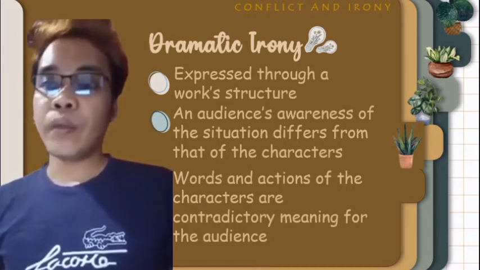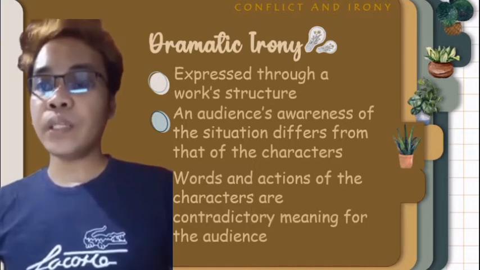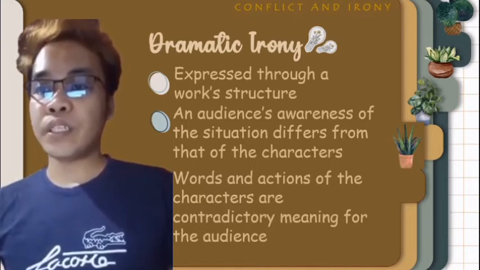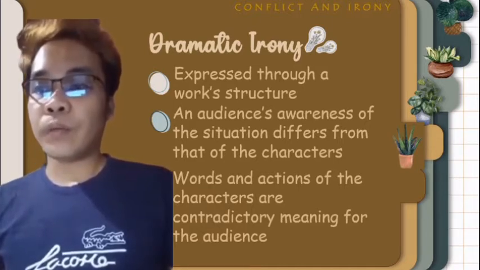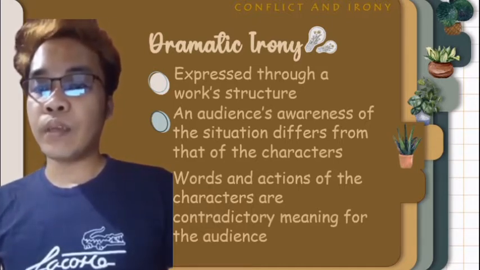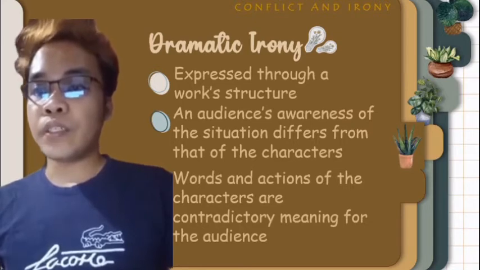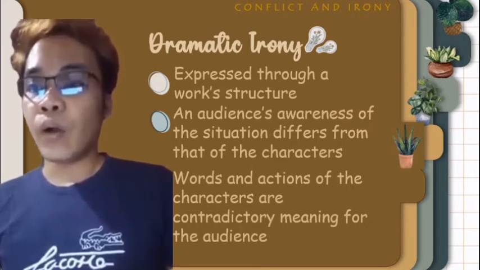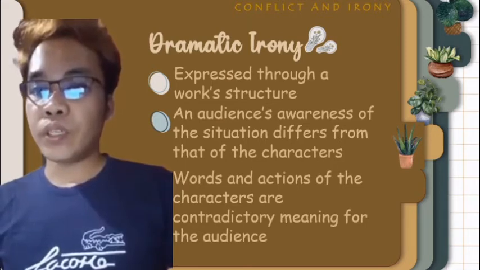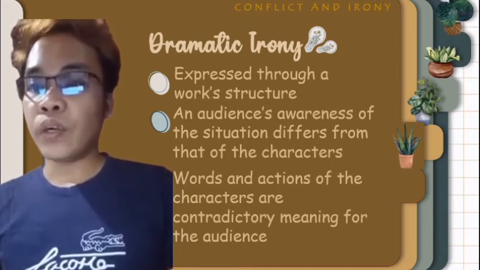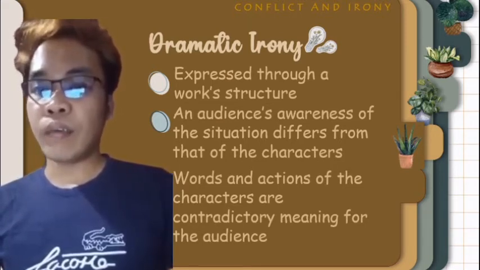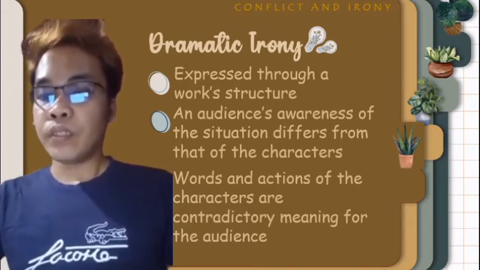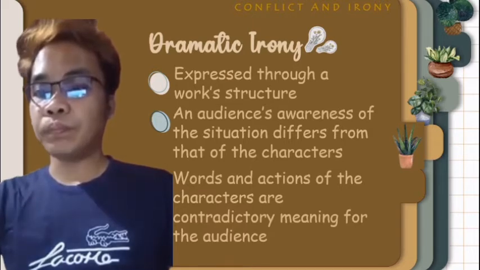An audience's awareness of the situation in which a work's characters exist differs substantially from that of the characters, and the words and actions of the characters therefore take on a different, often contradictory meaning for the audience than they have for the work's characters. So this just means that